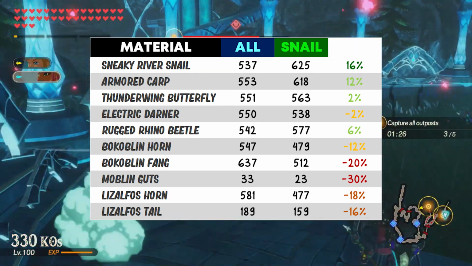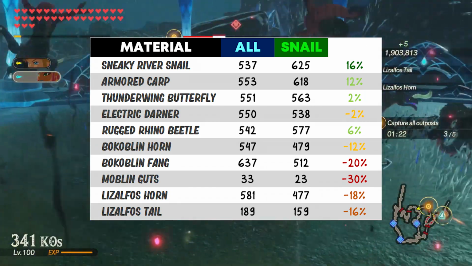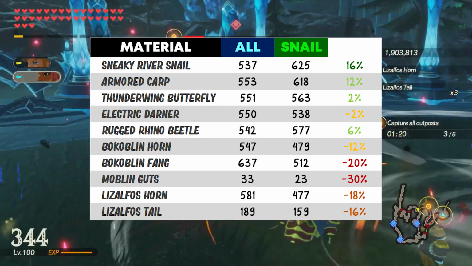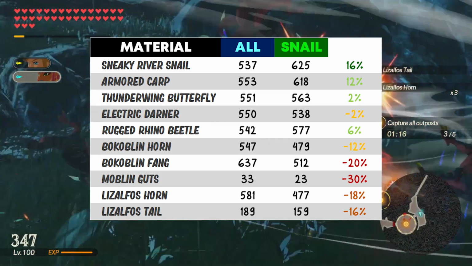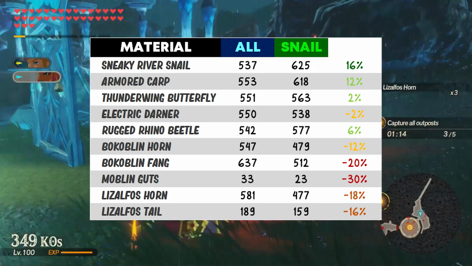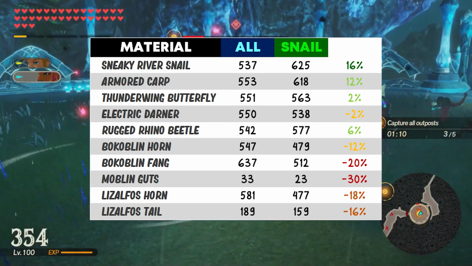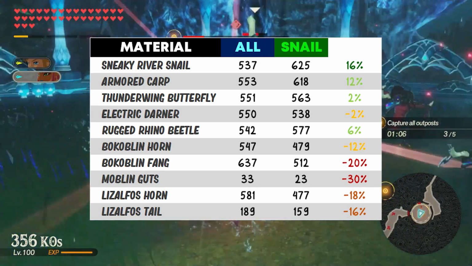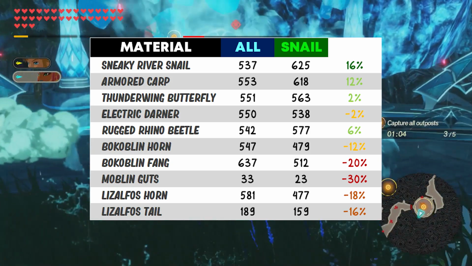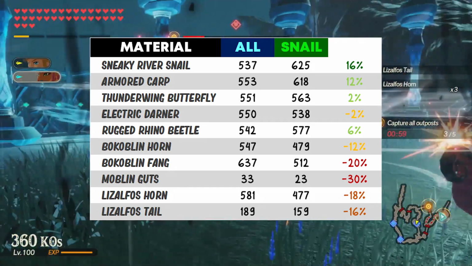This is the same for armored carp, thunderwing butterfly, electric garner, rugged rhino beetle, bokoblin horn, Lizalfo's tail, and possibly Lizalfo's horn. Then we see a significant decrease only for bokoblin fang and moblin guts. So as you can tell, our results don't really go with the 2 possibilities I mentioned earlier. Now hold your horses, here's the weirdest thing about this